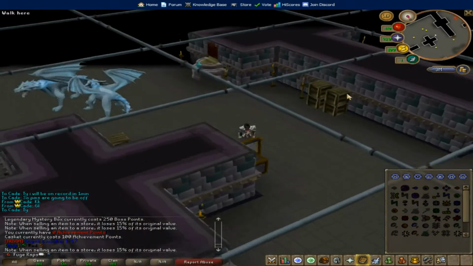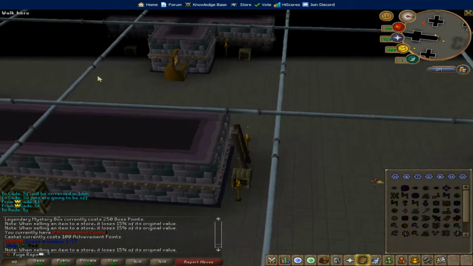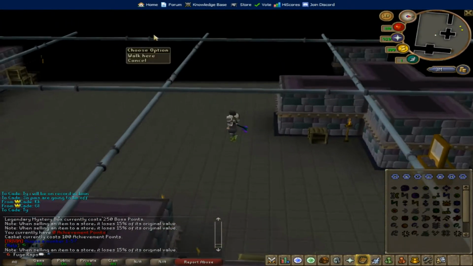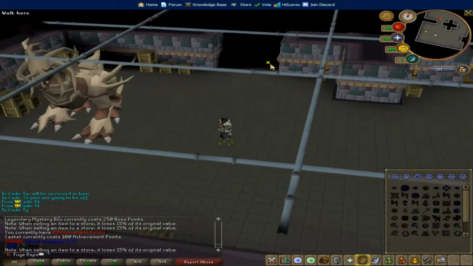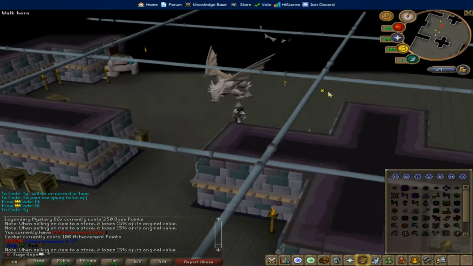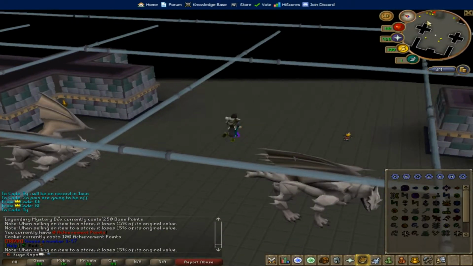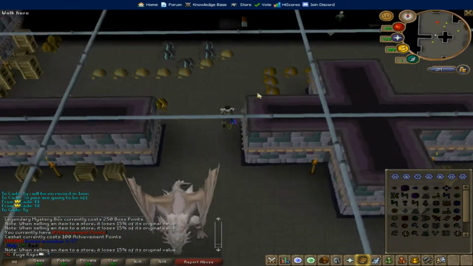And on the other side of this wall would be Corporeal Beast, which is 100% just sitting here ready to die. It's pretty straightforward. Where's he at? There he is, Corporeal Beast. So there's that as well, and just down here are some steel dragons, so you can try to grind out the visage as well. Now if you come over here onto this corner, this is the mining corner,